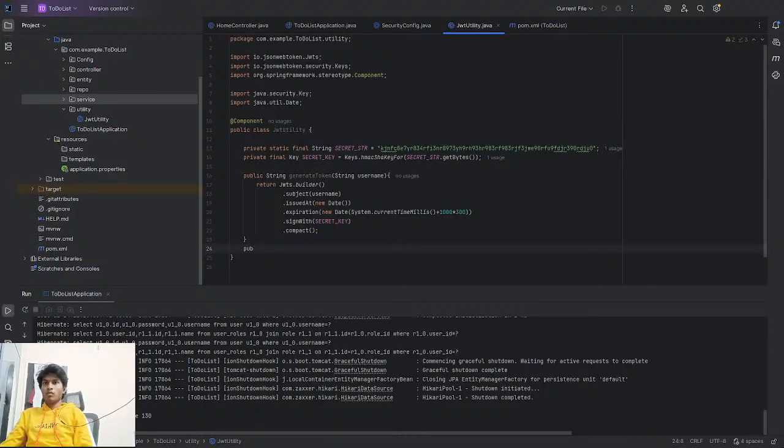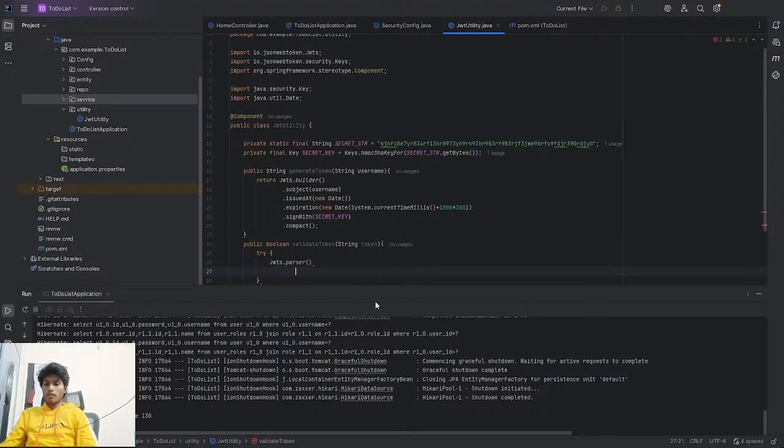Now we'll make a Boolean method, validateToken. It's going to receive a string token, and we are going to use try-catch. Try: Jwts.parser, I need tab. Parser dot